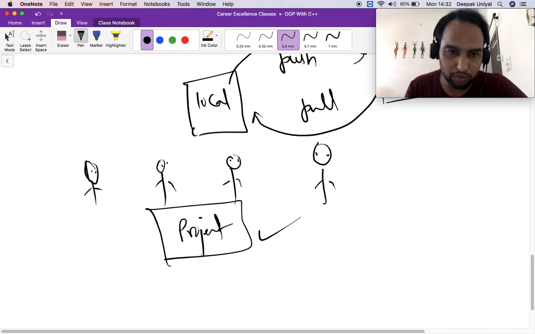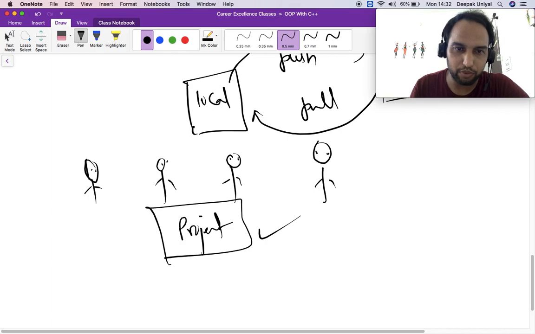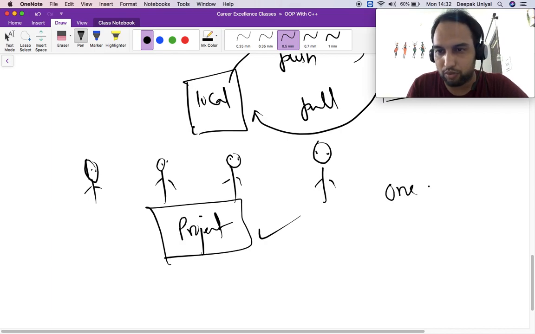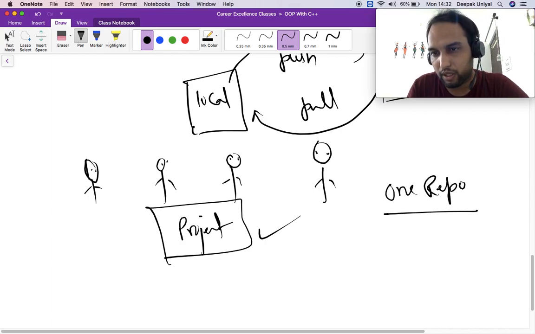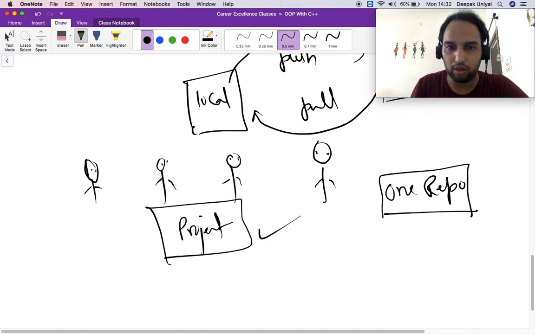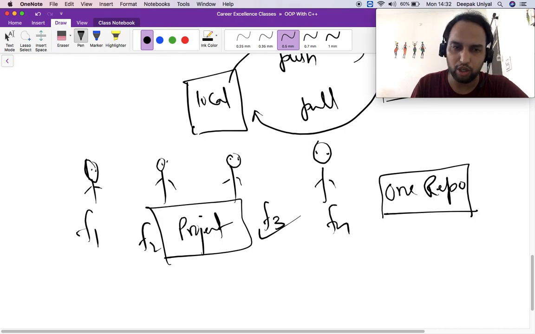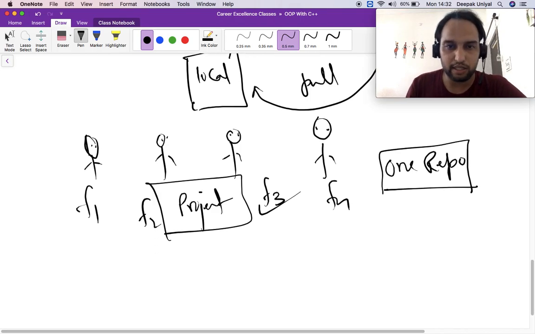So all of you have to create one repo on GitHub and start working on different files, let us suppose f1, f2, f3, f4 of the same project, or maybe you might work on the same files also, but I am just making it simple.